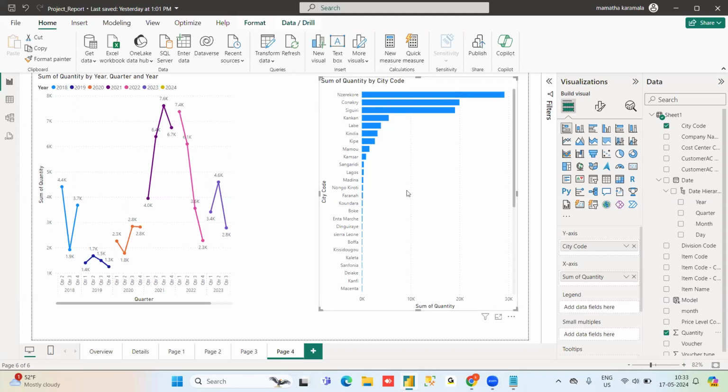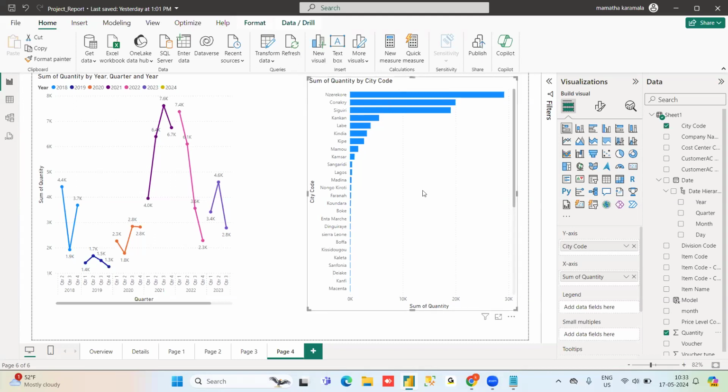According to your experience, according to your thought, you will decide which visualization is suitable based on your data. But if the client is asking, he wants to see some data on the x-axis, some data on the y-axis, then that time you need to change. If they are expecting a specification like that only, we have to follow.